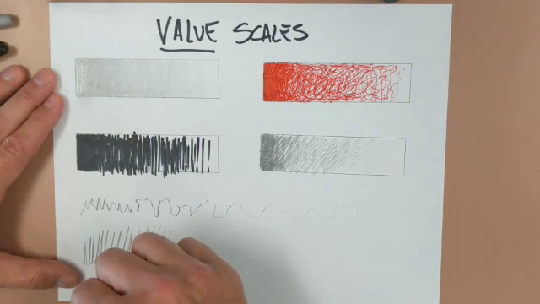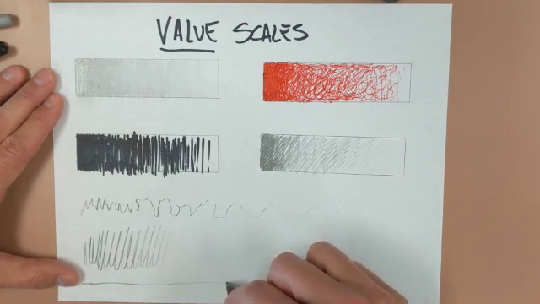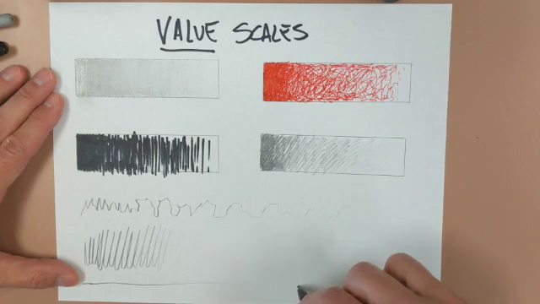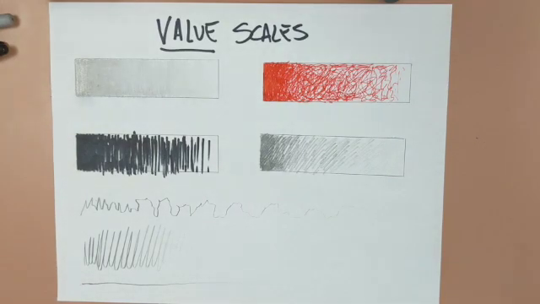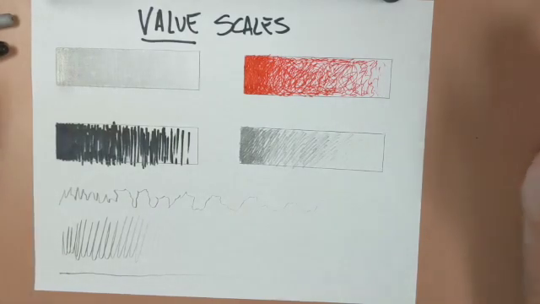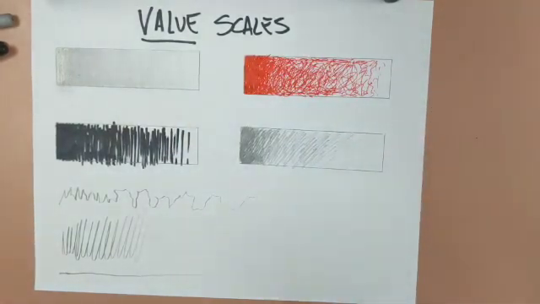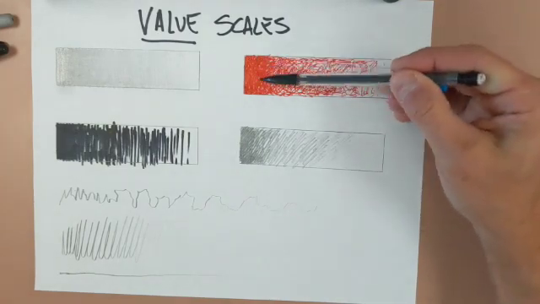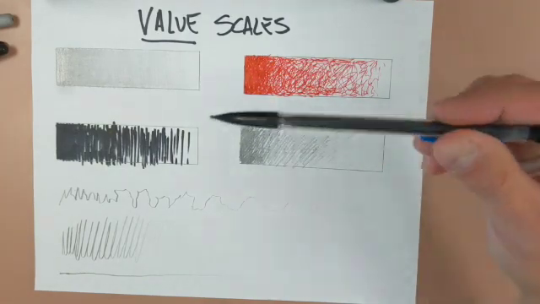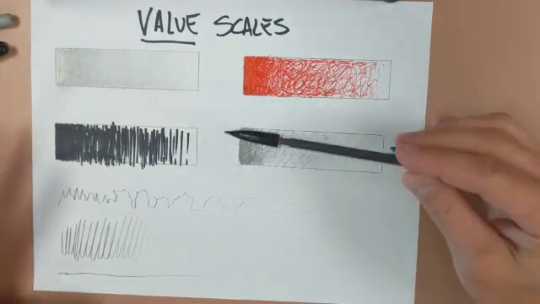How about just a straight line? Dark, dark, dark, dark, dark, lighter, lighter, lighter, lighter, lighter. Here it goes. Gone. That's a value scale. So I want you to try some of these. You don't have to do the exact ones of mine, but if you could make 4 like this, that'd be great. Really work on piling lines up, and especially in the case of a pencil, working on your pencil pressure,